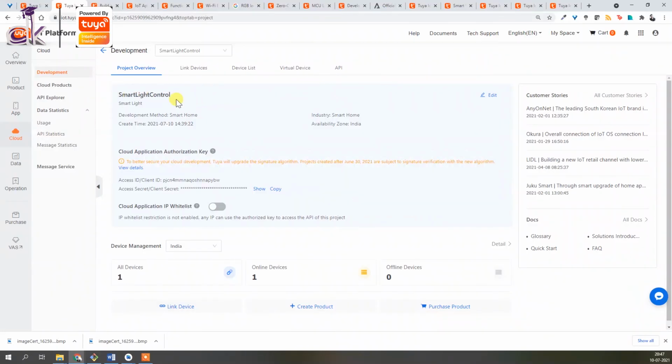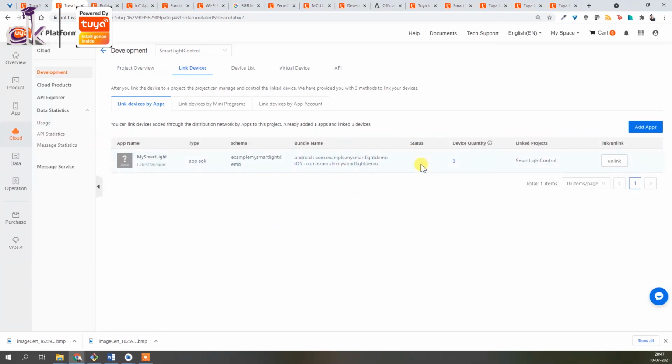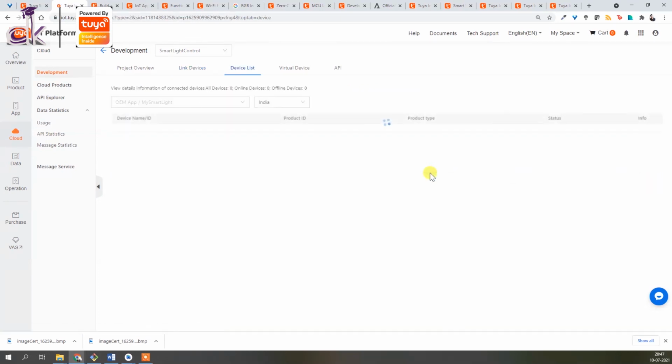Okay, so on the cloud, go to your project and click on link devices. So in the tab here, now you'll notice that the device quantity is now 1, right? Previously it was 0 and it's now 1. Just click on that, and under device list, you can see that the bulb that I had is now shown here. Okay, so my Wipro bulb, this is the ID, the product ID, light source, etc., and all of that is now displayed here.